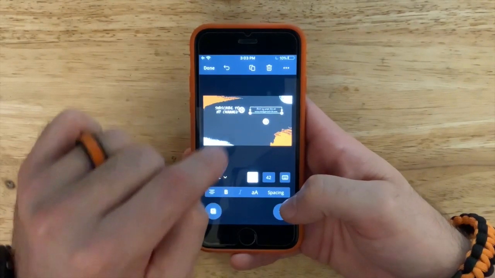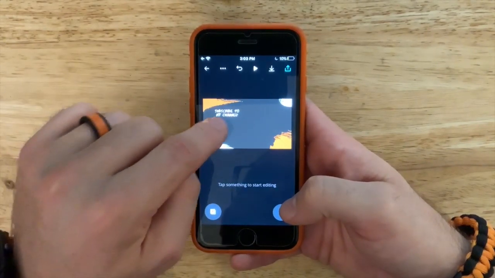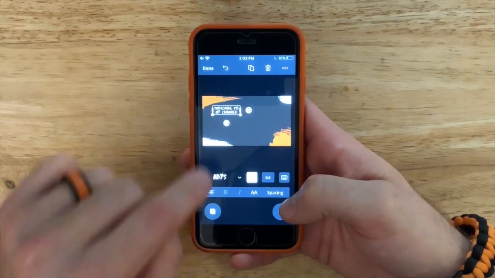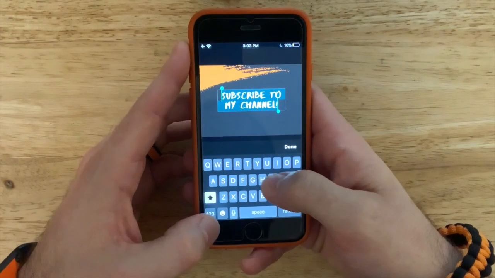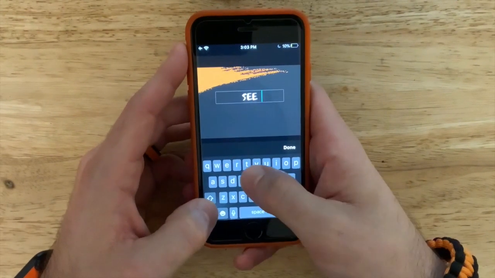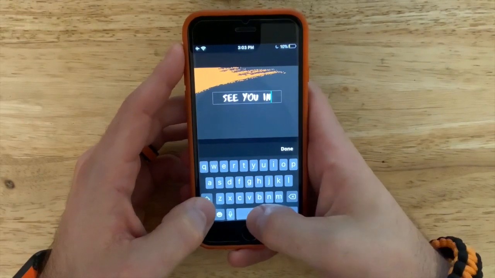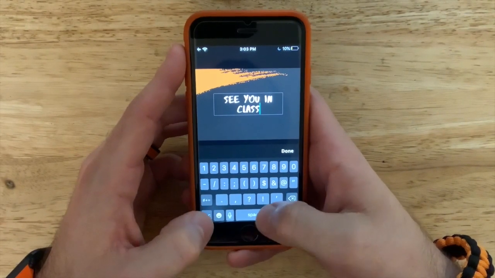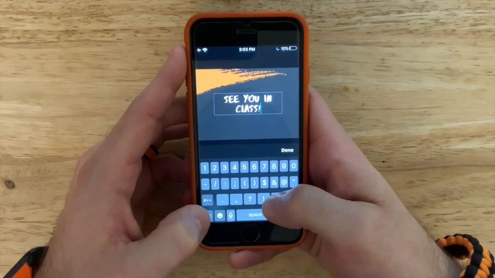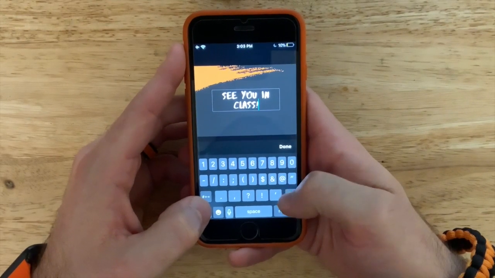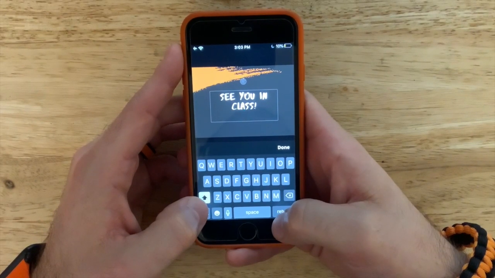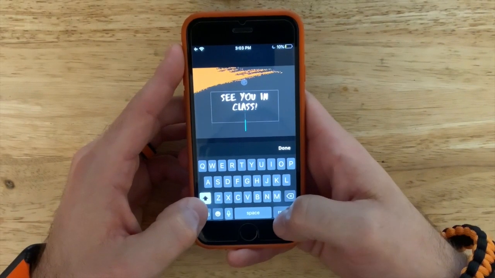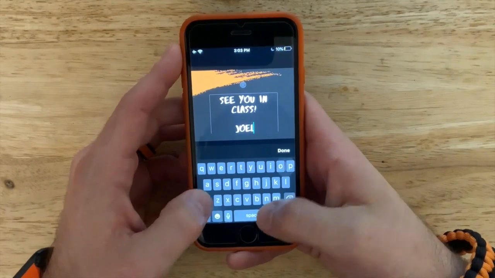I'm going to get rid of this text box because I don't think I really need it. And here it says subscribe to channel. I don't want it to say that. I want it to say see you in class. And all caps is fine with me. And I'm going to go ahead and just leave one exclamation mark for ease of reading. And then I'm going to hit enter twice. And I'm going to tap in my